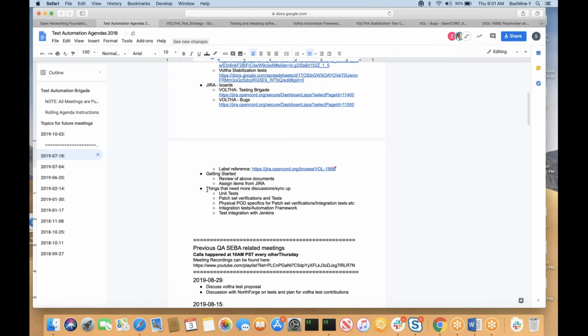So moving on, there are things that I have added here. In general, this is for future meetings. This meeting was just an introductory meeting where we wanted to touch the highlights of the test process itself. But if there are specific questions on unit tests or the patch set verifications or the physical parts or any integration tests or the automation framework, and once the tests are there, how we integrate as part of Jenkins, and all these specific items,